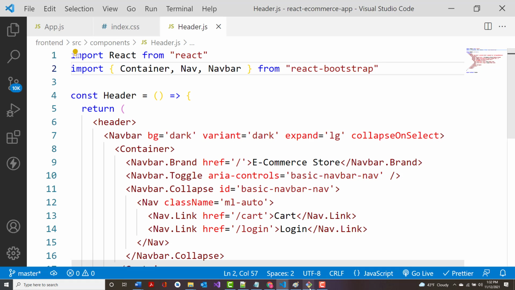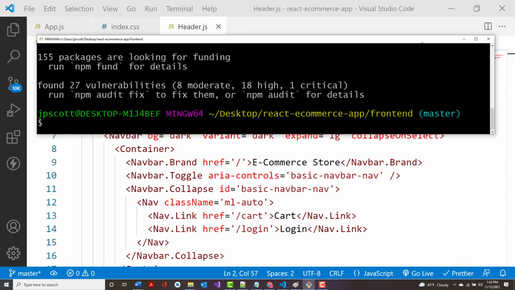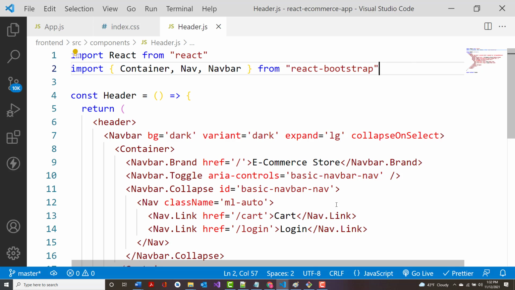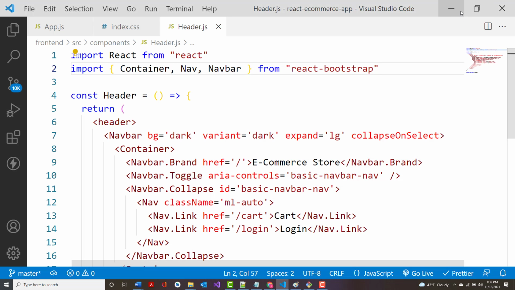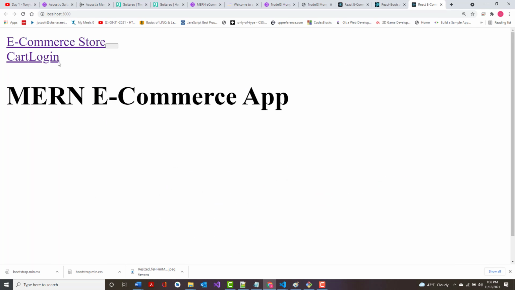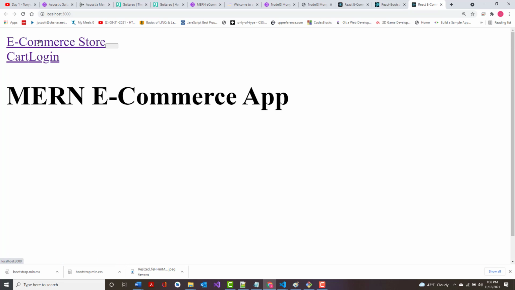Then I'm going to jump back into here, and this I can exit from. So with what I've got running right here, notice it's back to compile successfully. All right. So what does that mean? Well, that isn't the way I want it to look, but it's there at least. Notice I now have a footer, and even though the header doesn't look right, we'll fix that next time. We've got e-commerce store,